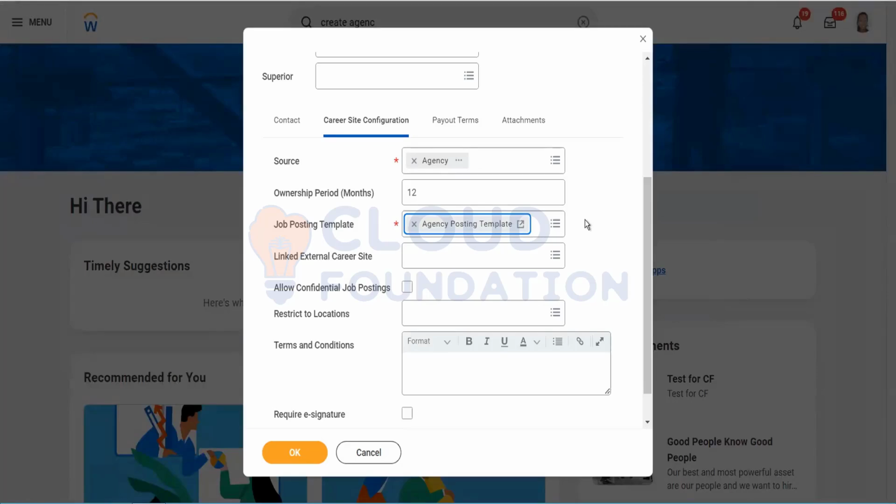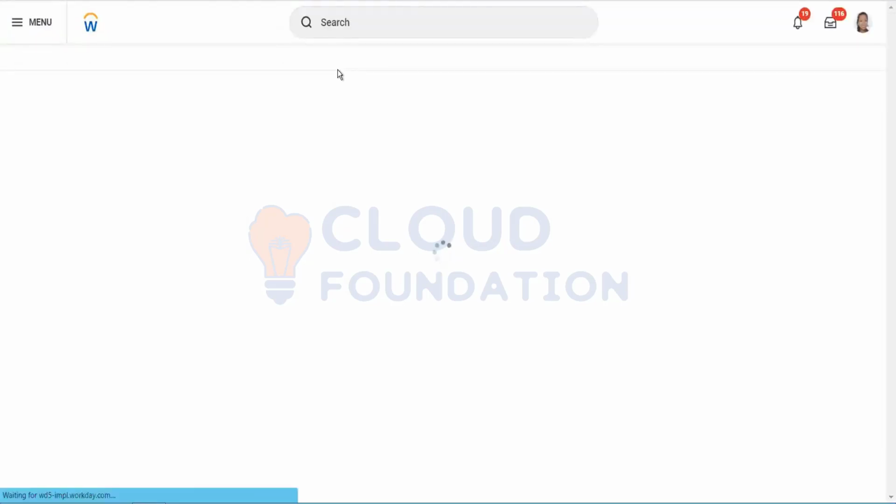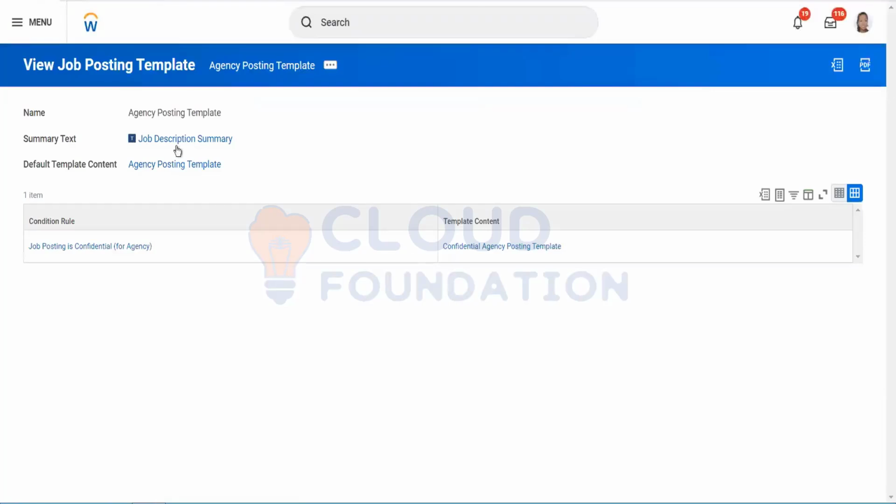If you remember, we have added it on our career site also. It gives the summary text of the job description. This is the default template, but if we want certain other templates to come as per a condition rule, we can. So if I open this template,